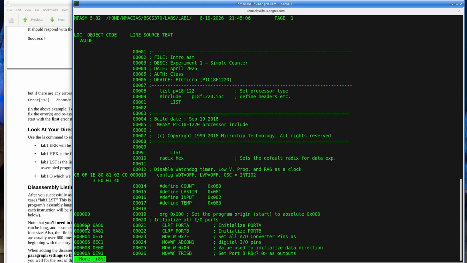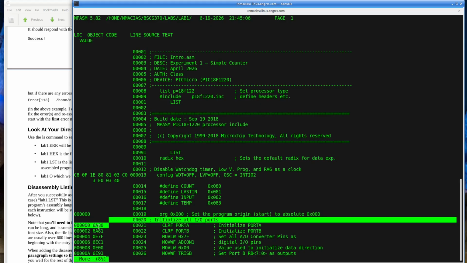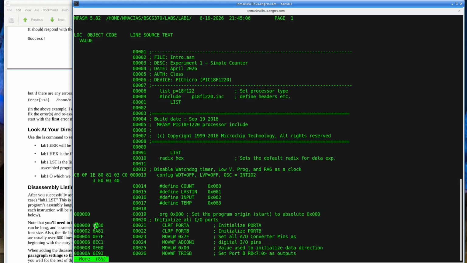What we're seeing down here is a memory location and a set of data stored at that location. Every 2 characters corresponds to one 8-bit number. So location 0 contains a 6A, location 1 contains an 80, and then location 2 is 6A, 3 is 81,